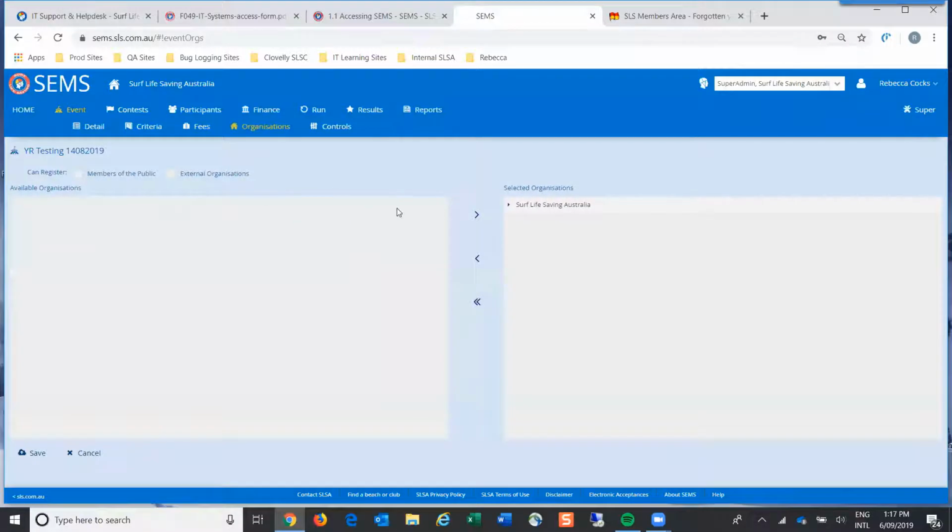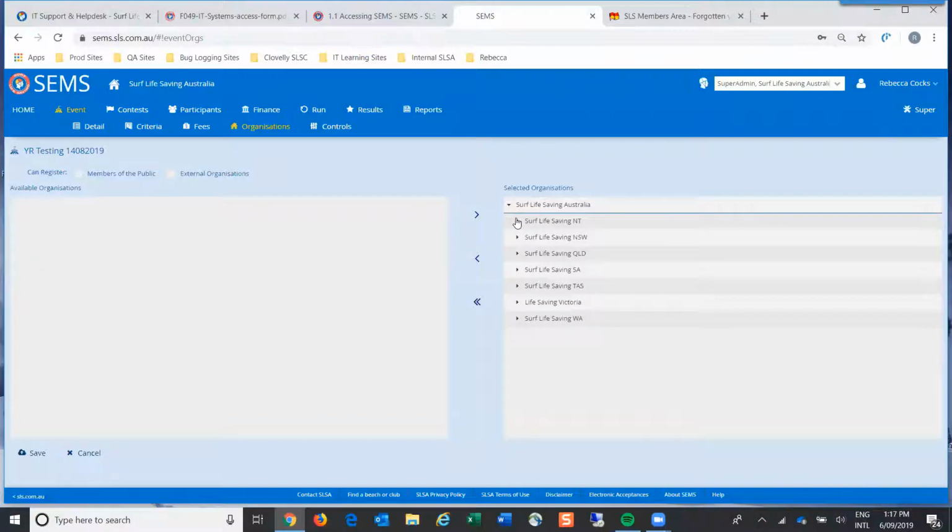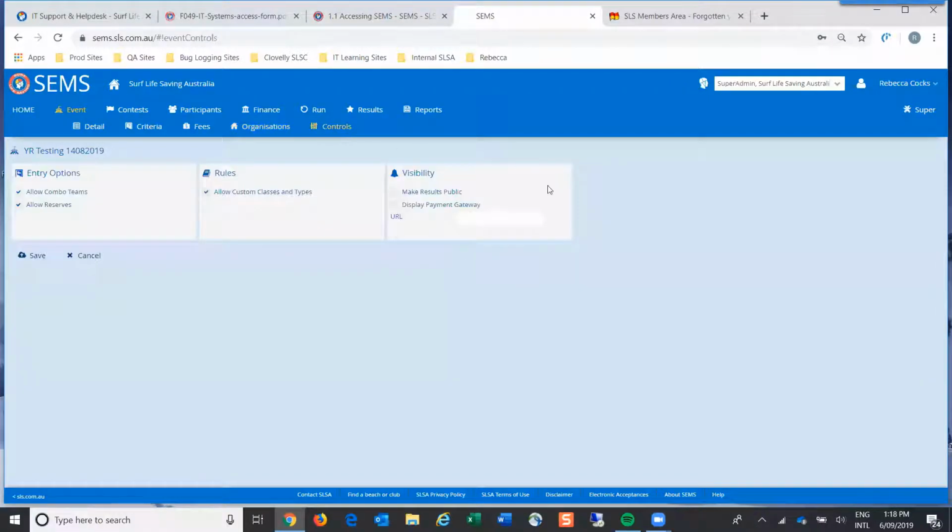This will show you who can be entered into this event. So every club and organisation in the country is eligible to enter into this event. But if you only saw here a breakdown just down to Northern Territory level, then it would mean that only the organisations, if you didn't see all these, then that would mean it's only for the Northern Territory that we're allowing people to enter into this event. And there are other controls that probably aren't a big concern for people doing entries, but I just wanted to highlight the fact that you can see all those fields as read only.